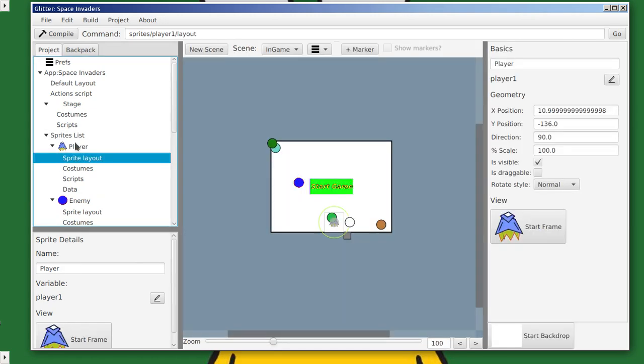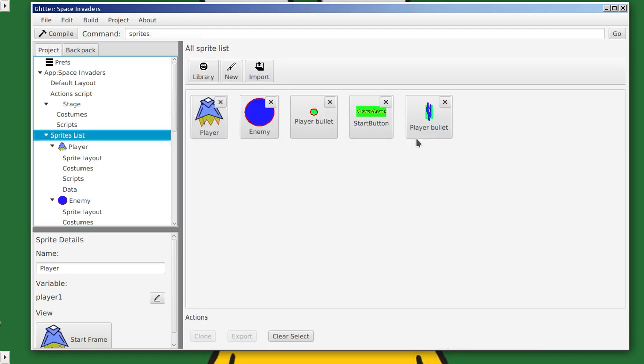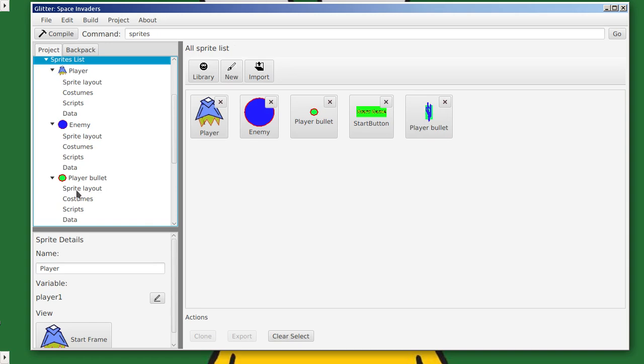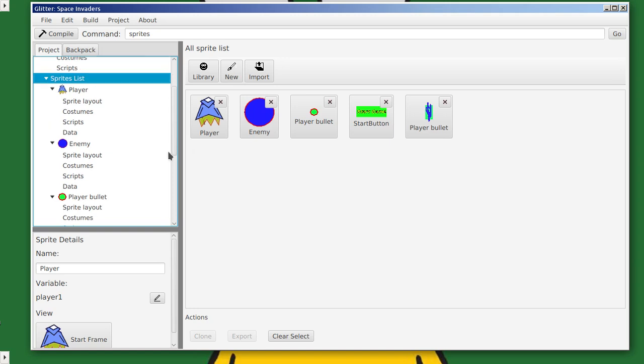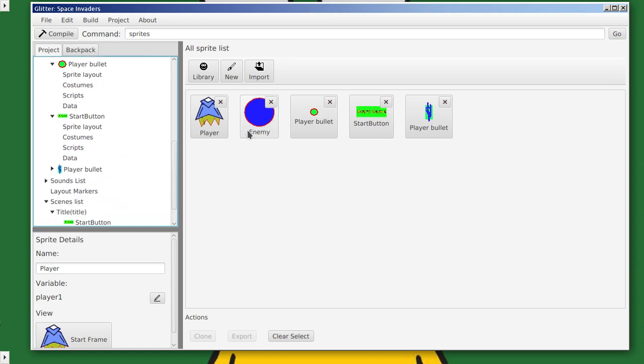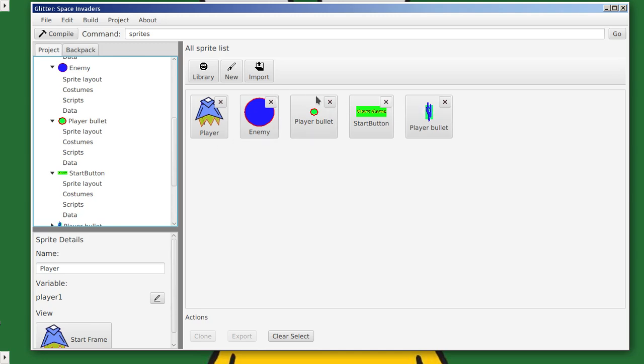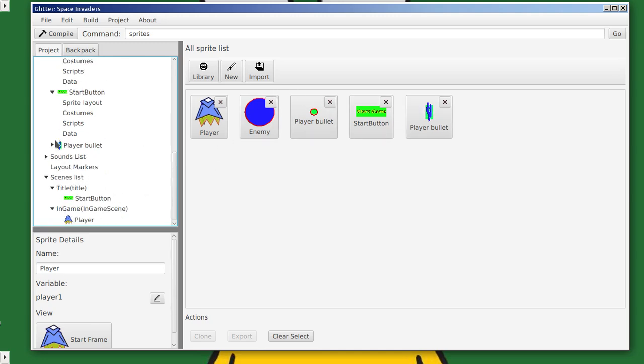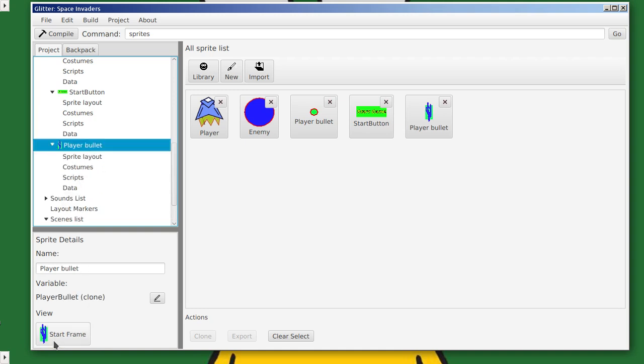Again, we have that never-ending problem where the bullets do not clone. So we've got two errors with this, don't we? There are two problems. The first is that it never updates the sprite list properly. But also, you may notice that the start frame does not get cloned correctly. So it's not